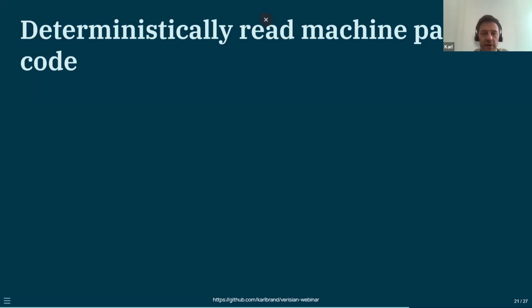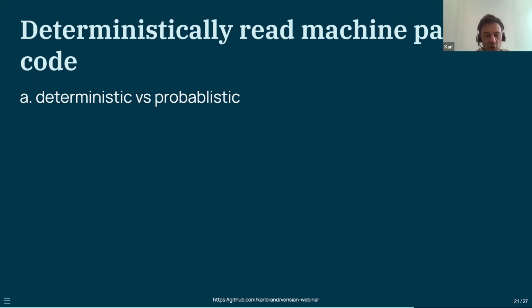Deterministically parsed code. So determinism versus probabilism. These differ in that a deterministic system, if you provide the same input and the same transformation, will always give you the same output, and there's no randomness involved in that outcome. A probabilistic system, if you keep the transformation the same and the input the same, may not necessarily give you the same output, because this incorporates some amount of randomness. And this is